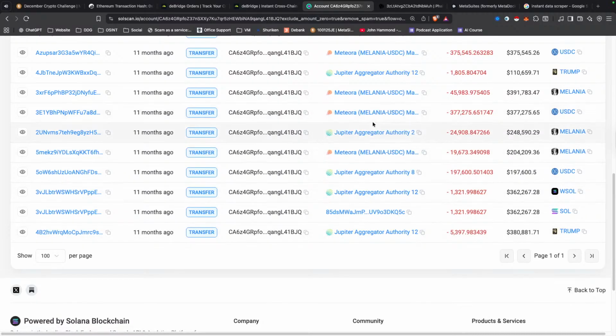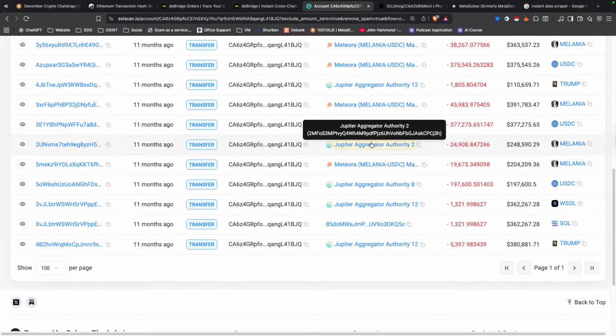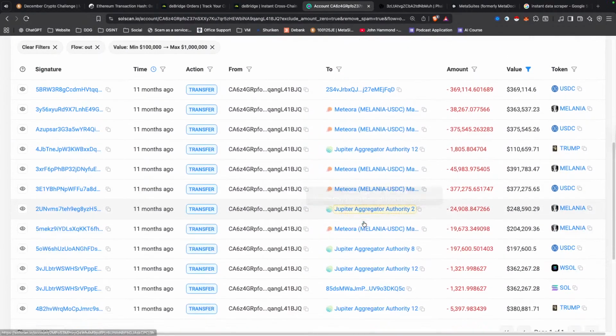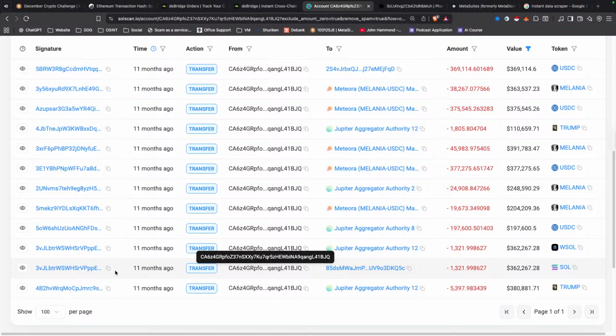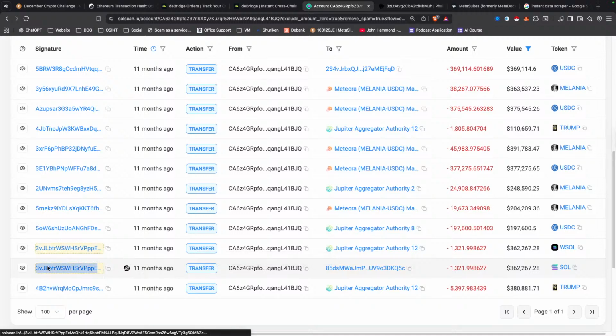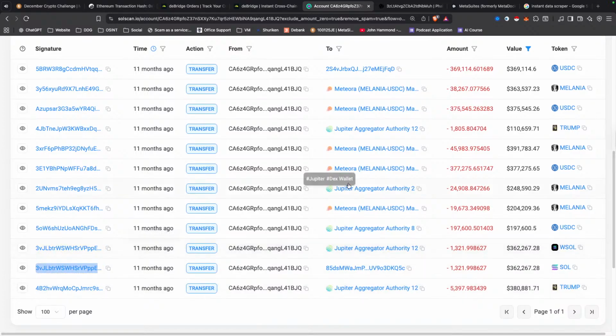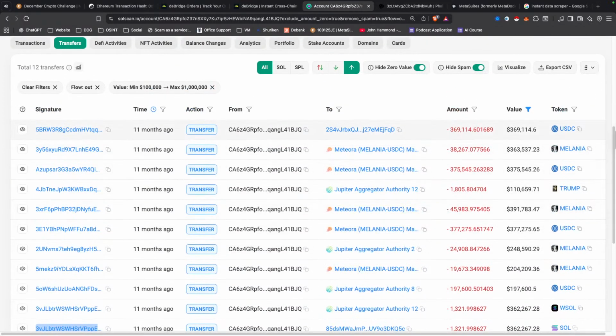These look like straight trades, right? There's probably one here, this 85DS, that I'm interested in: when did that happen? Let's take a look at that. And then the top one there that we saw a moment ago, the 369 out. That is where we're going to be looking next. Okay, one second.